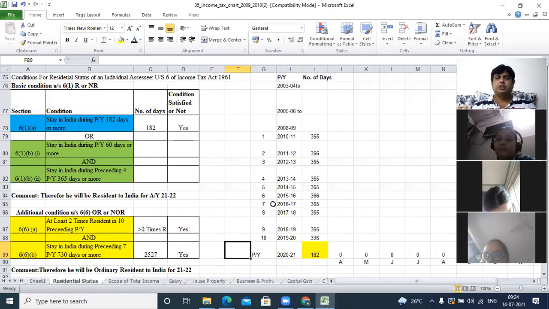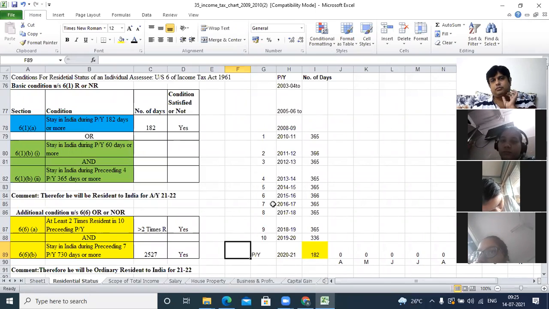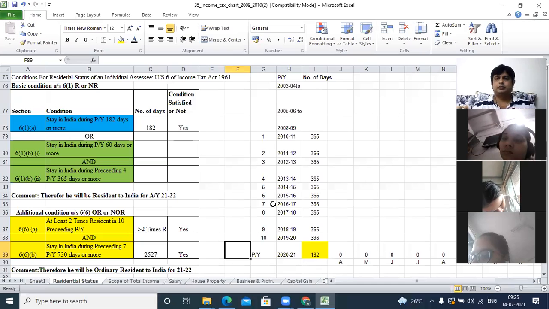So from above condition for residential status of an individual assessee laid down under Section 6 of Income Tax Act 1961, and working note for number of days stay in India. You can see that